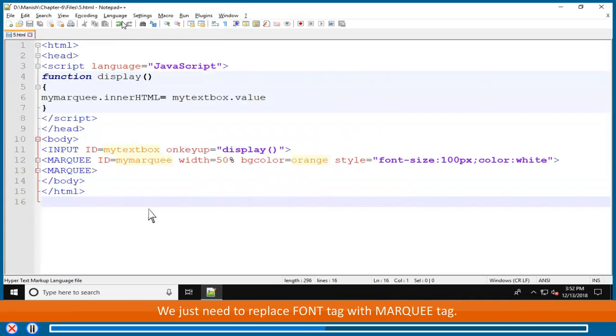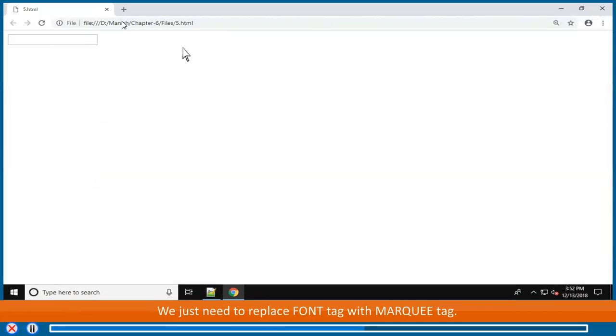</script></head><body><input id="mytextbox" onkeyup="display()"><marquee id="mymarquee" width="50%" bgcolor="orange" style="font-size:100px; color:white"></marquee></body></html>